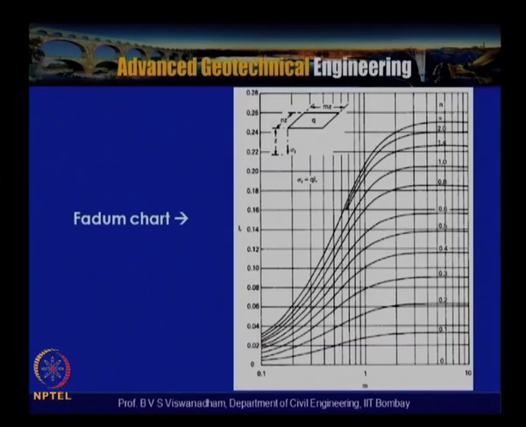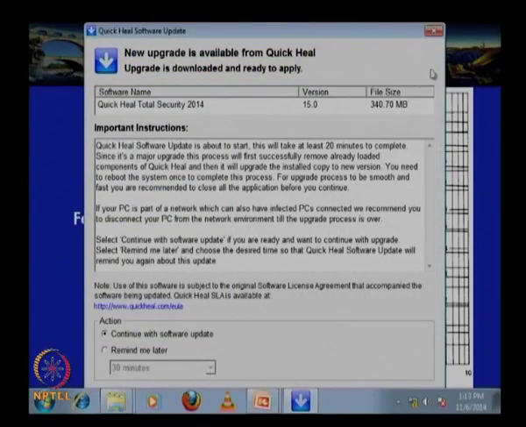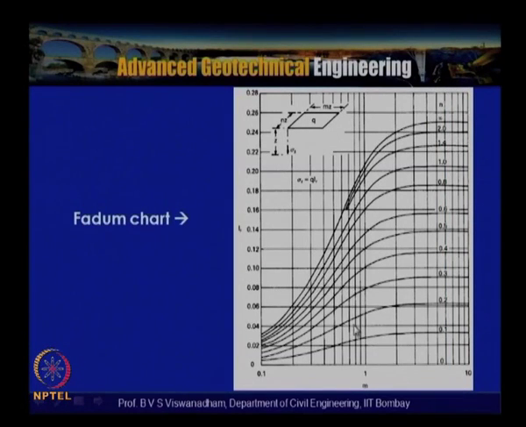So this is another view of the Fordham chart, where in a similar way it is actually expressed, where m and n, I r or I sigma, and where these are for the different n values which is given. So, this is again to get the vertical stress at one of the corners.